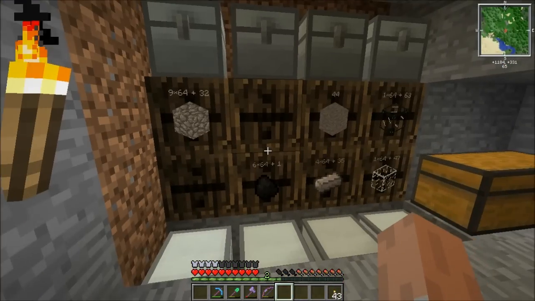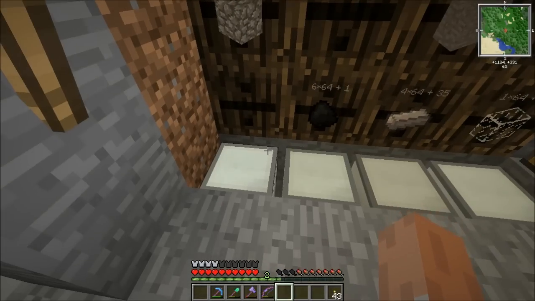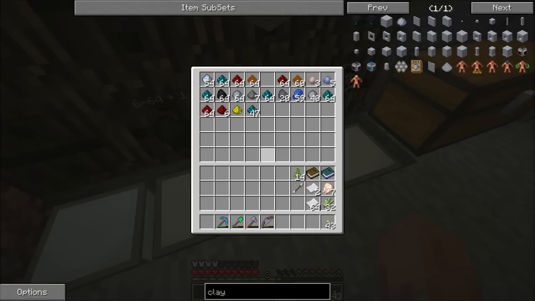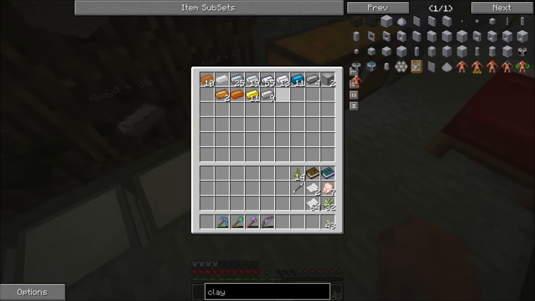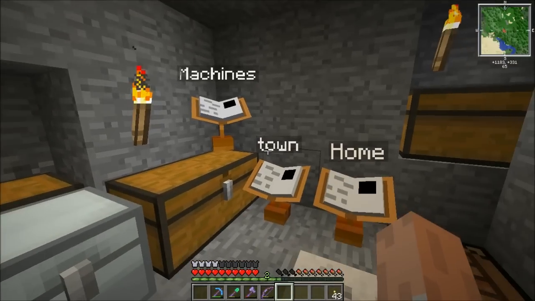So in here I've just got some logs, some chests with stuff. And down here's the interesting stuff: ores, gems, dusts, and ingots and stuff. And then a few other things: home, town, machines. If we go to...